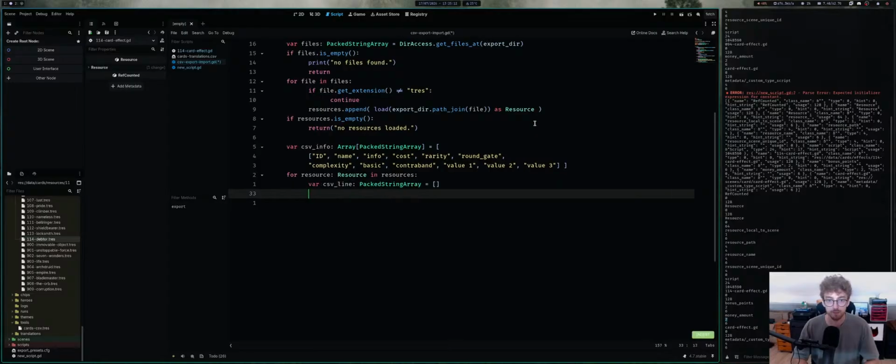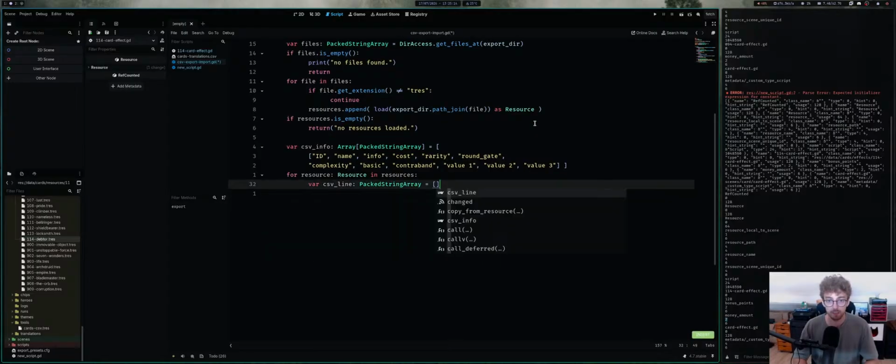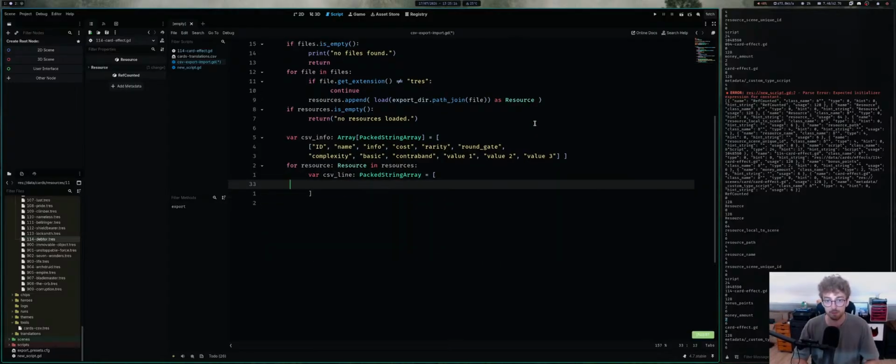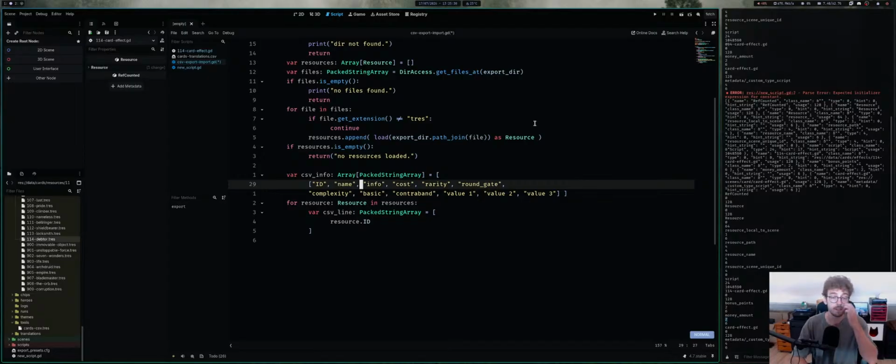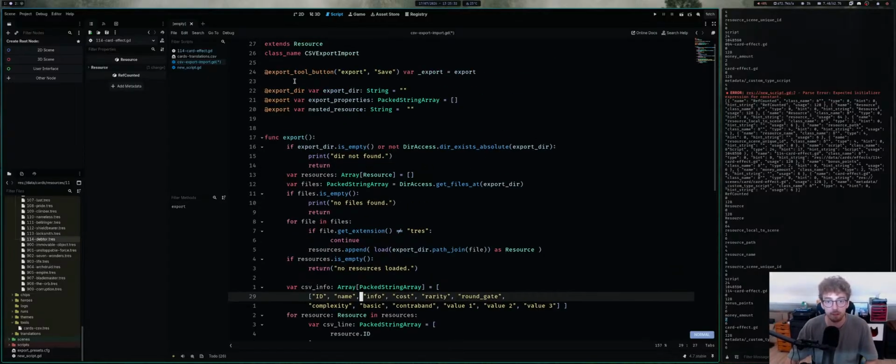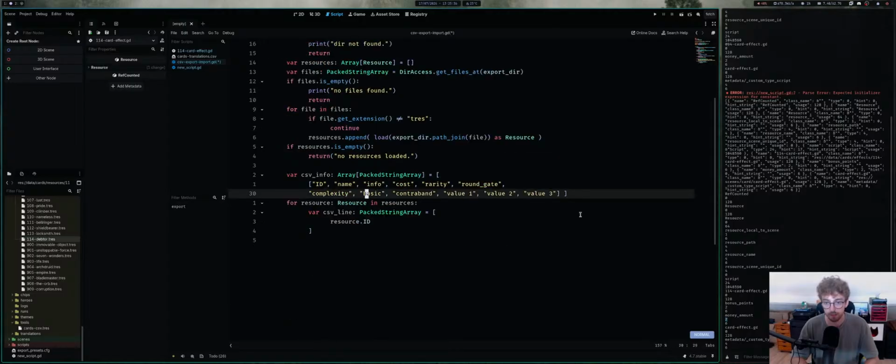We start with CSV line. I mean, actually I can open this, I can just load it, right? We start with the ID, which is basically just resource.id. Oh no, this CSV info is dynamic. It's based on the export properties, of course. So I can cut off this last part. Okay, sorry, I need to keep refactoring this because I'm being stupid. So CSV info is basically just,